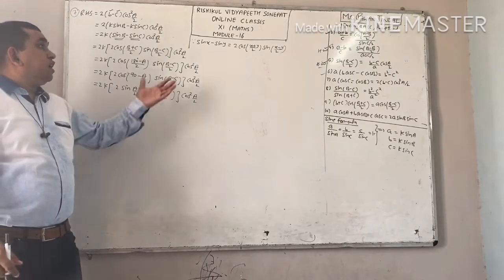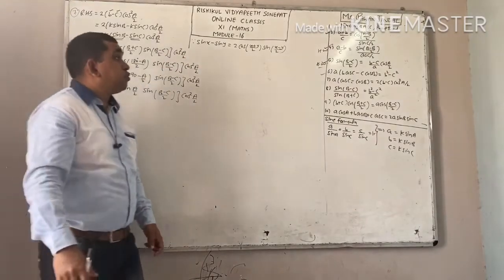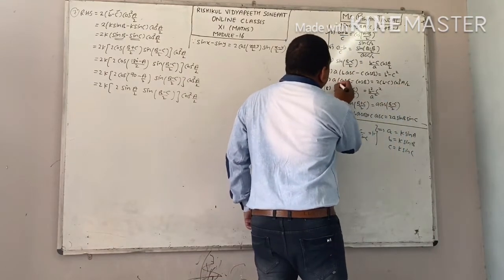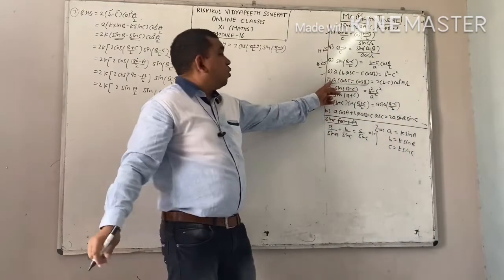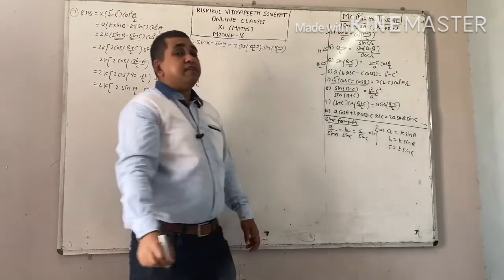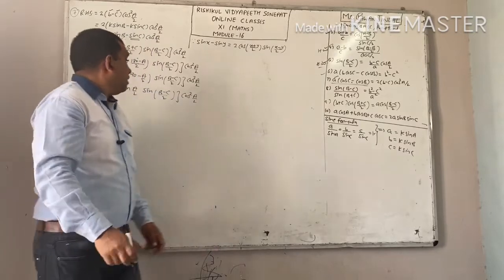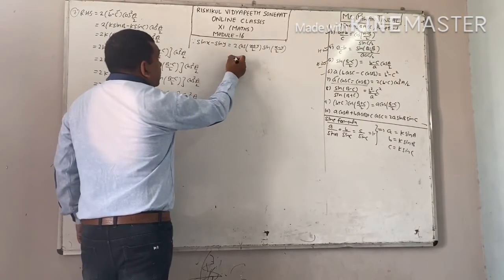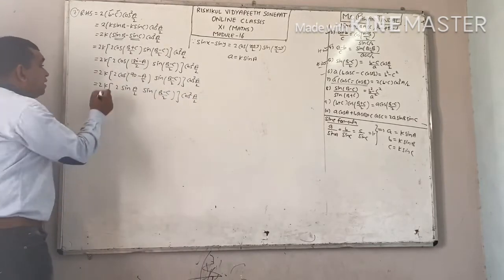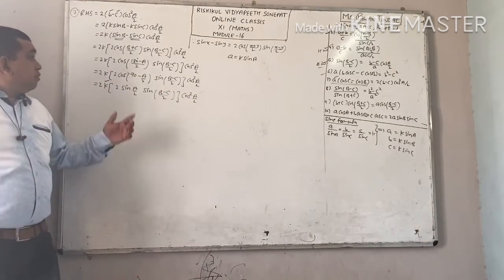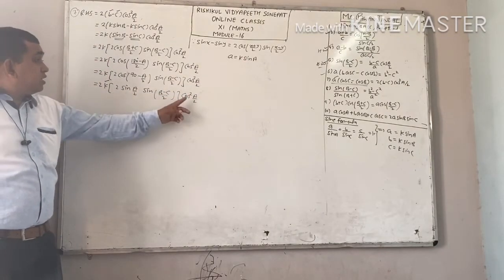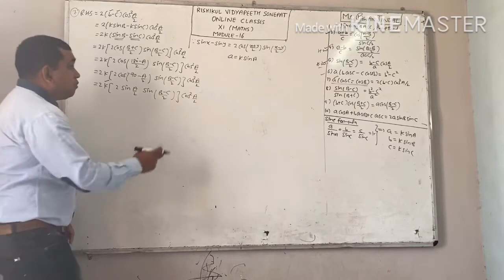Now we will proceed according to our answer. What we have to prove? On the right hand side you can see, on the left hand side we require small a. Small a, you know very well, is equal to k sin A. Means we have to make here k sin A. We are not having sin A, we are having sin A by 2. Here also the angle is A by 2. That's why break this one.